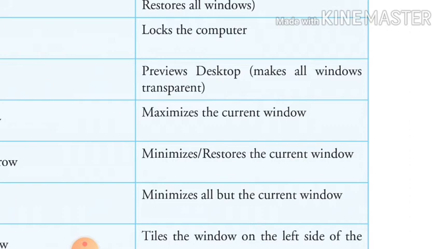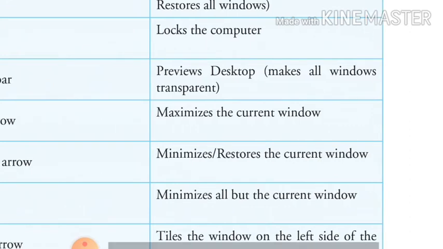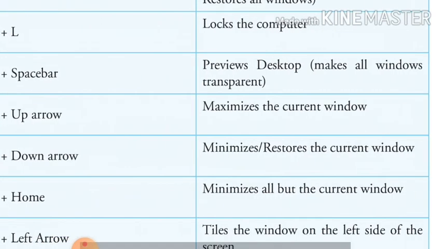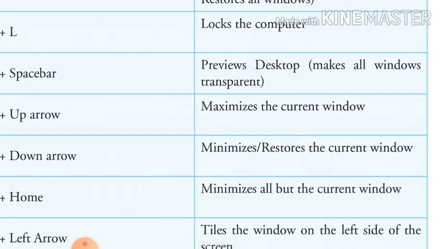Again, let me explain: suppose you are working in MS Word and you want to see your desktop, what icons are present on your desktop. Press Windows plus space bar, and your windows will become transparent.